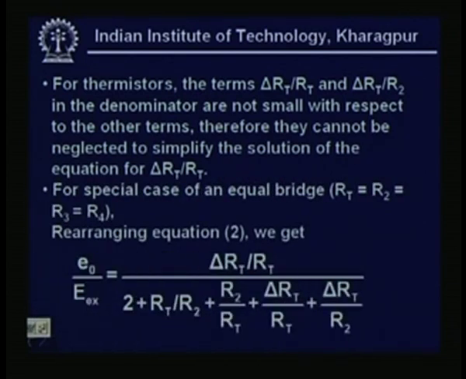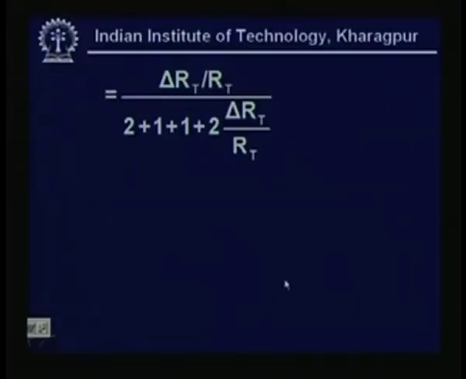For the special case of an equal bridge, RT equal to R2 equal to R3 equal to R4, rearranging equation 2 we get E naught by Ex equal to delta RT by RT upon 2 plus RT by R2, R2 by RT plus delta RT by RT, delta RT by R2. If you do these things, ultimately, because we have assumed RT equal to R2, we have assumed that R2 equal to R3 and RT equal to R4, I will get an expression which looks like,